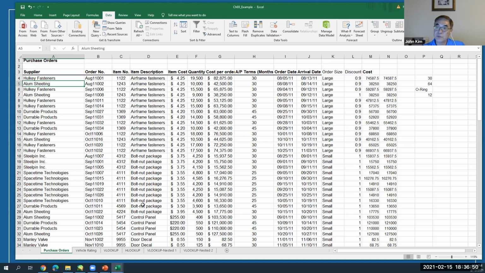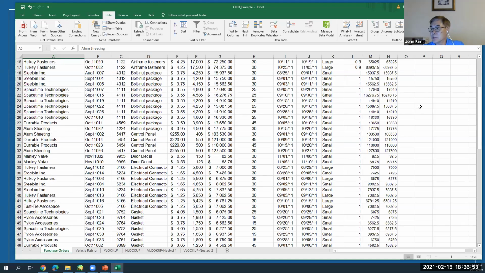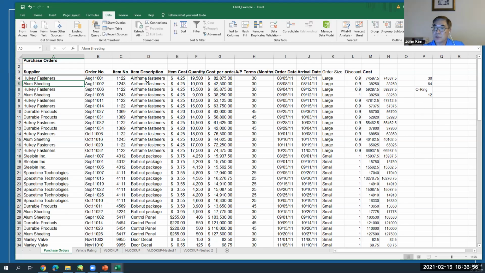So you can make a table like this. Airframe, fasteners. Let's say here items. And next item, copy, and so on. So we can make a table like this, and then use COUNTIF,